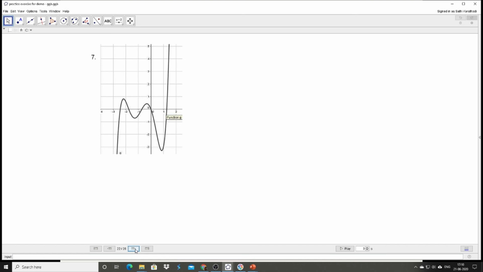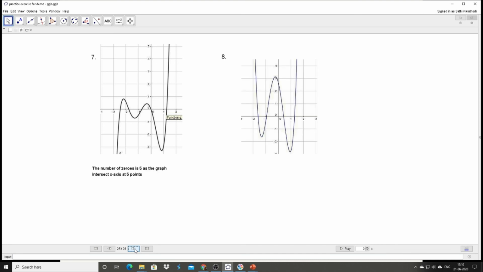The graph intersects the x-axis at 5 points. Therefore, the number of zeros is 5. The graph intersects the x-axis at 4 points. Therefore, the number of zeros is